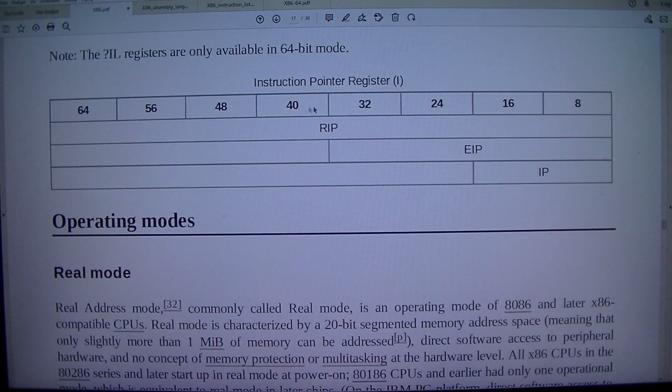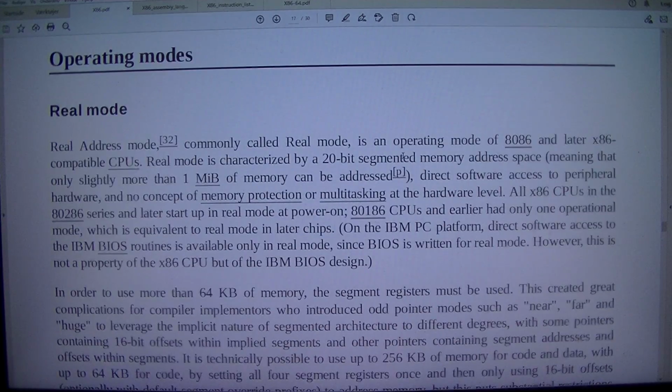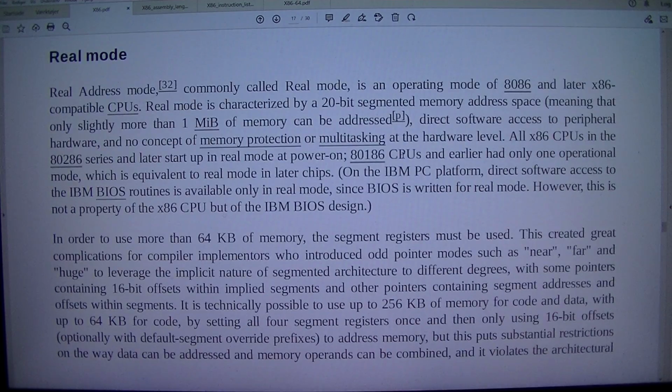Instruction pointer register: I, 64, 56, 48, 40, 32, 24, 16, 8: RIP, EIP, IP. Operating modes. Real mode. Real address mode, commonly called real mode, is an operating mode of 8086 and later x86 compatible